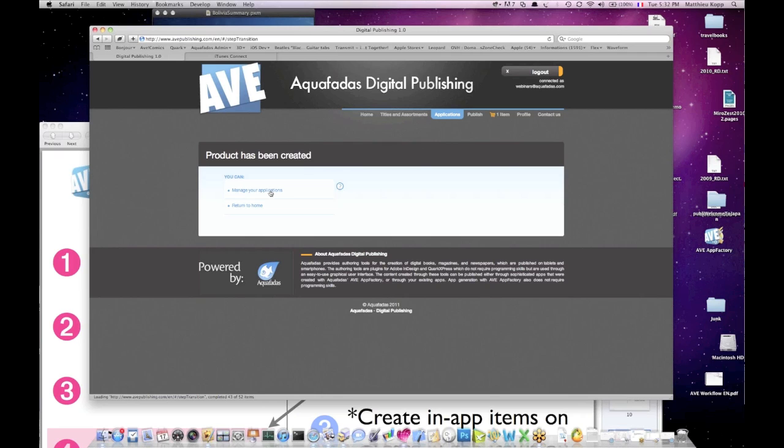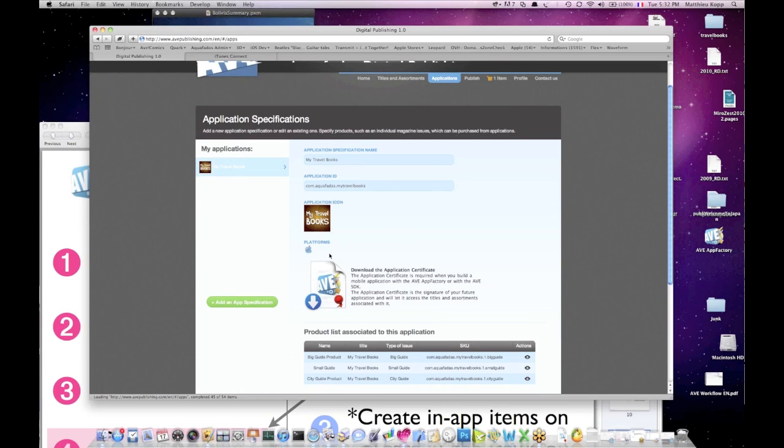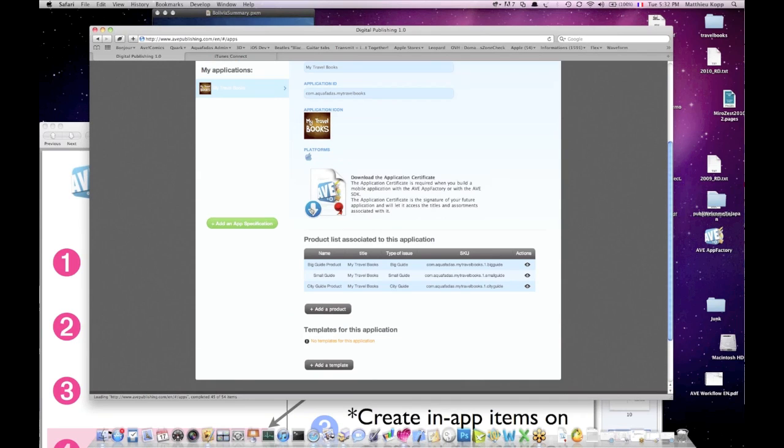And if I go back to managing my application now, I can download something that is called an application certificate that contains all this information about my app. And this is what I will use in the App Factory to create my app. So here everything is set up now. I have an app, I have a collection, I've created 3 products on the Apple side, 3 products on this side, and I can now